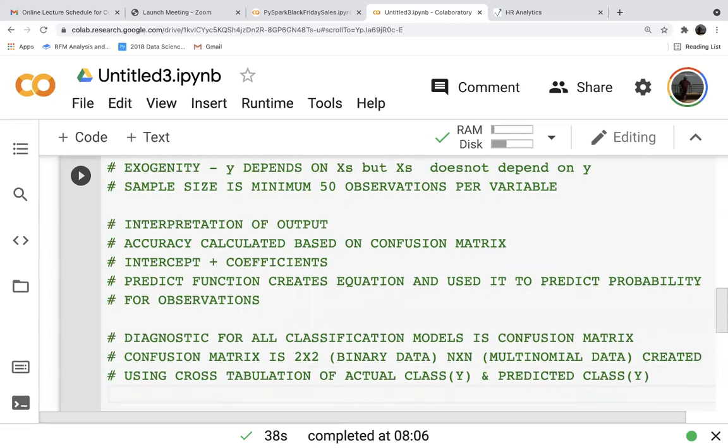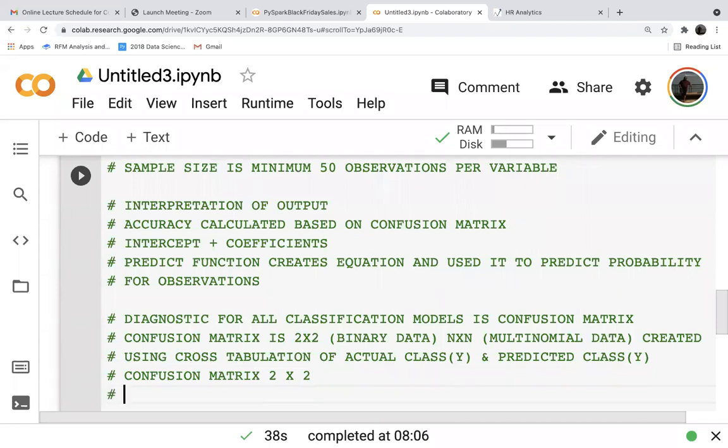So the confusion matrix is a 2 by 2 matrix for binary data, n by n matrix for multinomial data, which is created using the cross tabulation of actual class Y and predicted class Y. Let us look at it in the context of a 2 by 2 matrix.